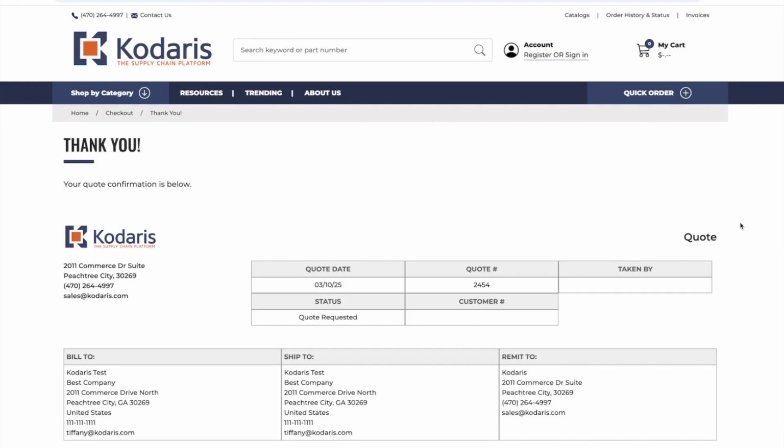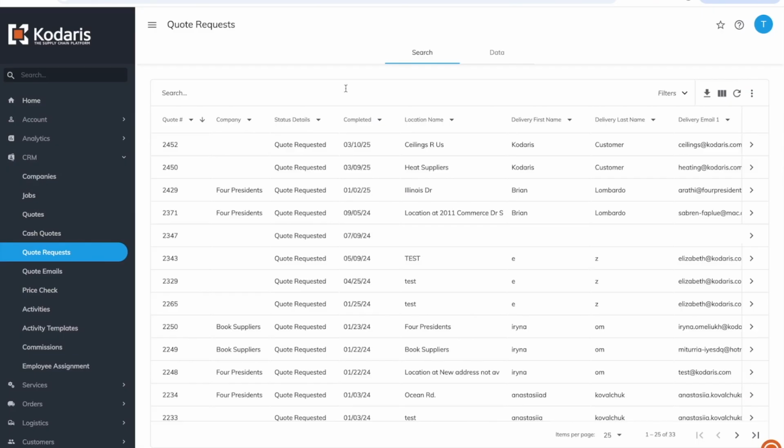So we're going to pause the video here, and then we're going to come back to where you can pull it up in the operations portal. And what we're going to do is go over to the operations portal. You'll want to go to this quote request screen here under the CRM section. And this screen is going to have a full list of all of the quote requests that have come in